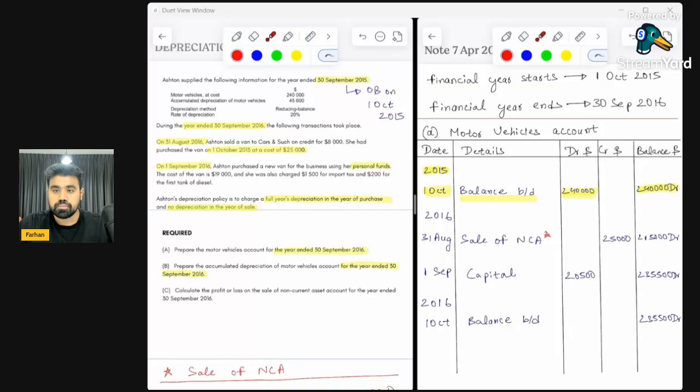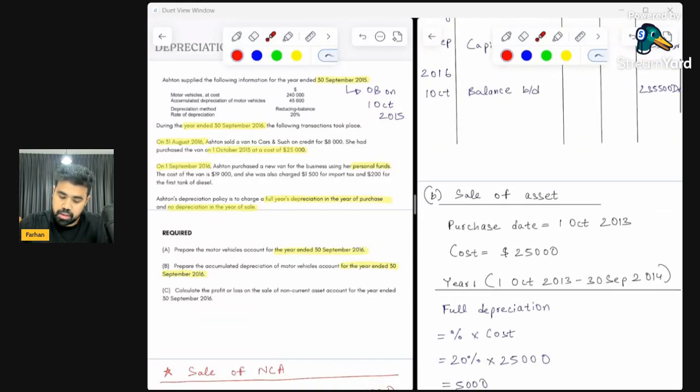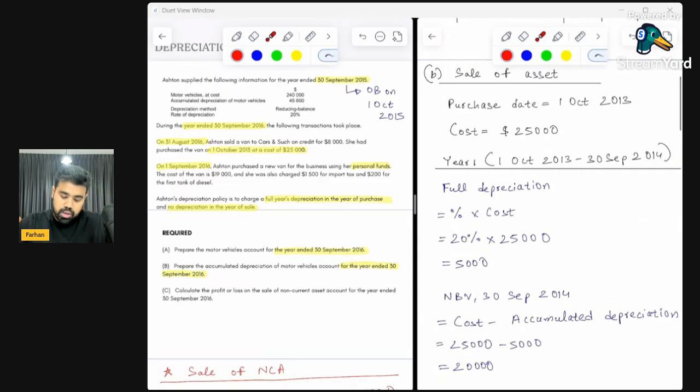All right. So let's start with the next part. Now, the requirement of the second part of the question is to prepare the accumulated depreciation ledger account for the year ended 30 September 2016, which means we are mainly interested in what happened in between 1 October 2015, which would have been the beginning of the financial year, and 30 September 2016, which is the end of the financial